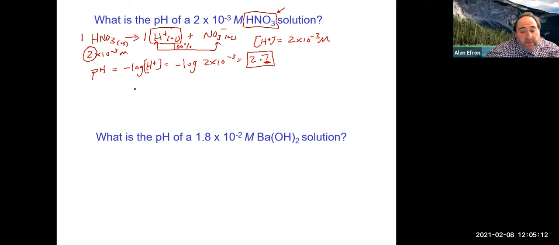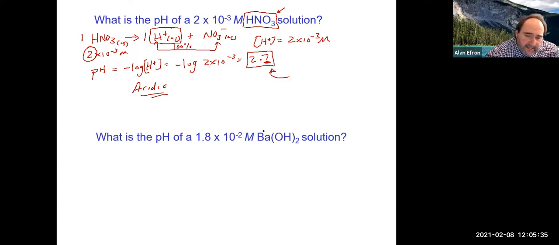This also would be acidic, right? Didn't ask, but this would be an acidic solution, as again, our pH is 2.7. Also didn't ask if we want the pOH, we could have subtracted 14 from it and so forth. So let's take a look then at the bottom one there, which is 1.8 times 10 to the minus 2